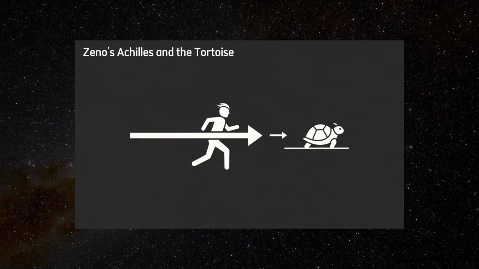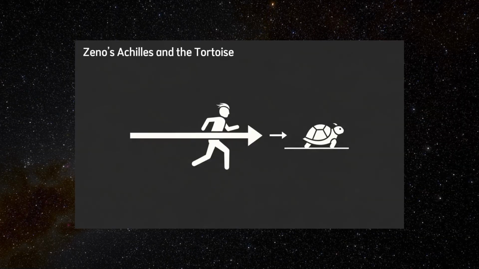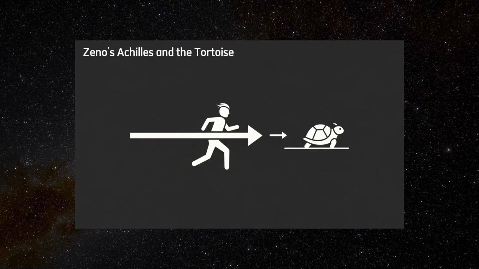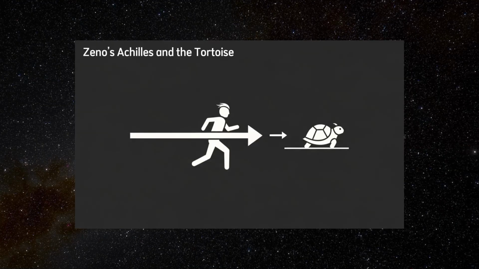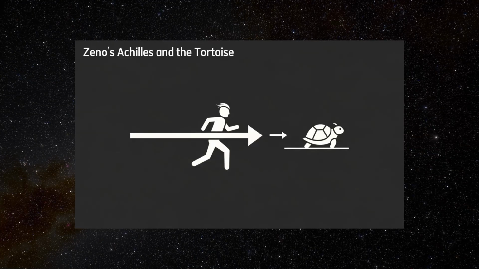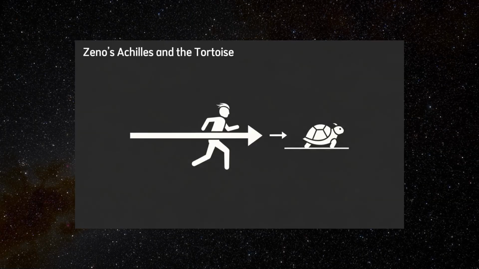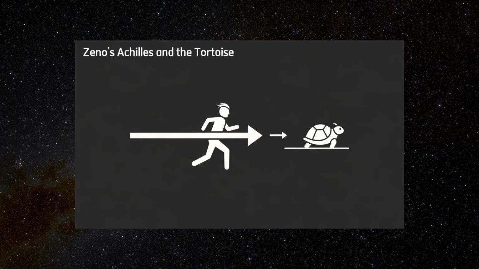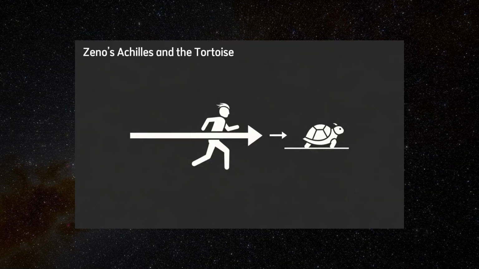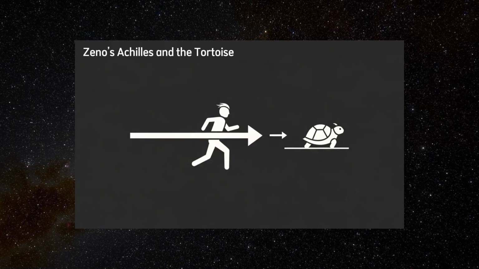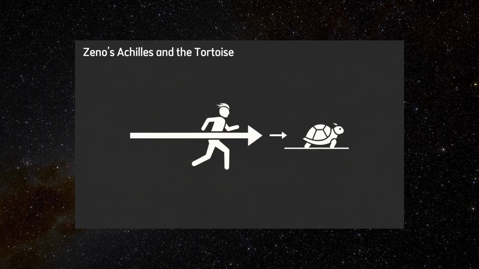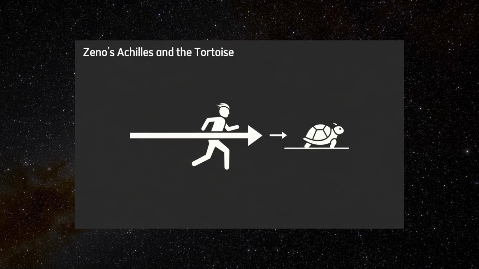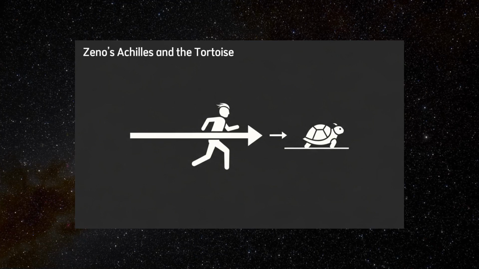At first glance, this seems absurd. After all, in real life, we know Achilles would easily overtake the tortoise. Yet Zeno's argument exposes a subtle and deep logical problem involving infinite division. He forces us to confront the paradox of how an infinite number of steps, each representing Achilles reaching the tortoise's prior position, can be completed in a finite amount of time.